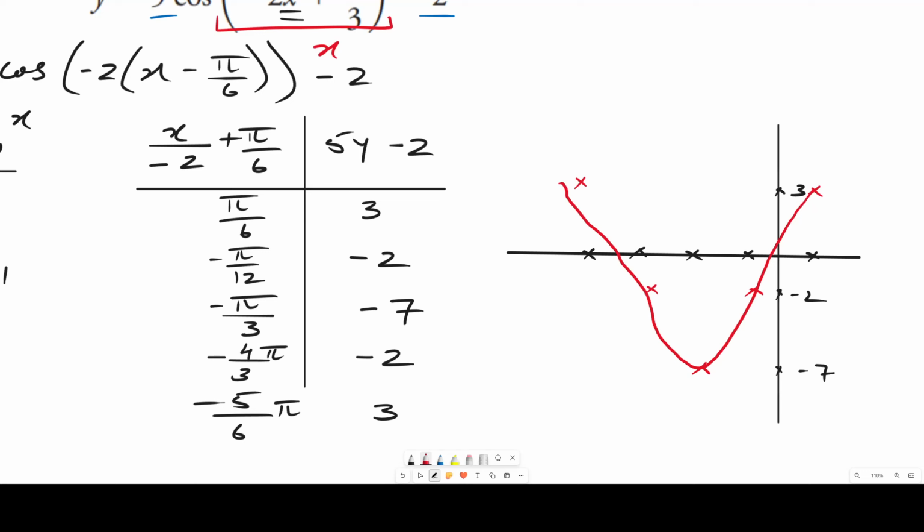So now to find the amplitude, this is going to be the difference between your equation of your line. So first of all, the equation of your axis is just going to be y is equal to -2. Your amplitude is going to be whatever you had multiplied with your y's over here. So that is going to be 5. Okay, and